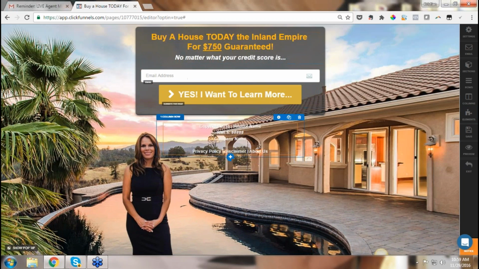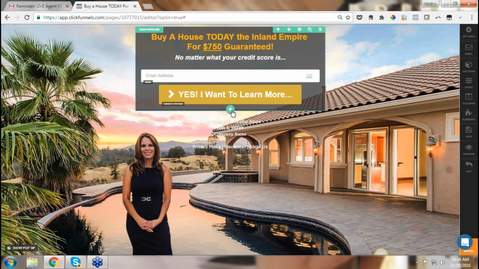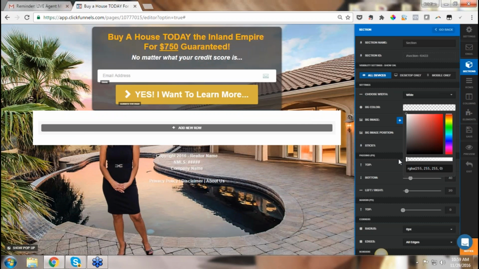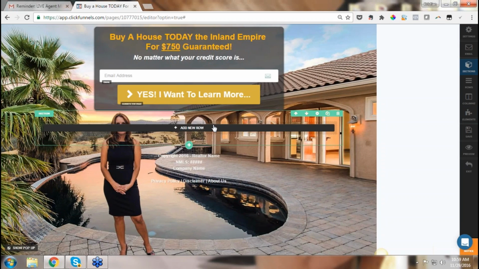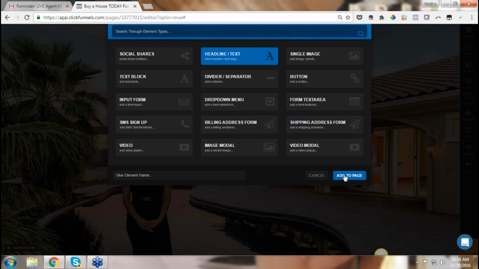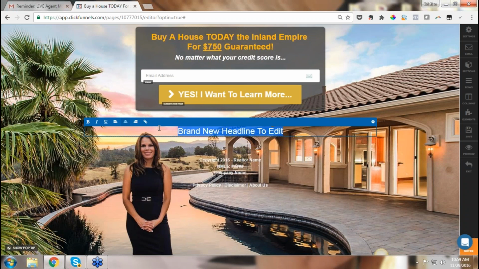If we want to add some other stuff, let's say we need to give them more information, we just come in here and we literally can add in. And don't worry about how fast I'm going, guys. I'm trying to beat the clock. But we've got all kinds of stuff to help you guys learn how to use this. If we want to add in here some bullets or some things about, in under 30-day approval period, right? I'm just coming up with stuff.